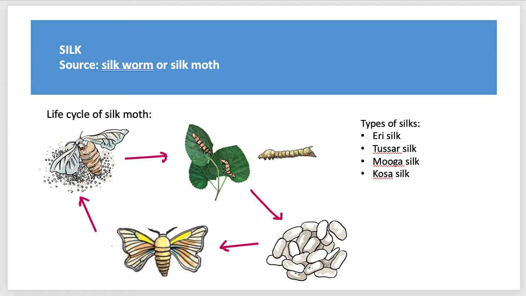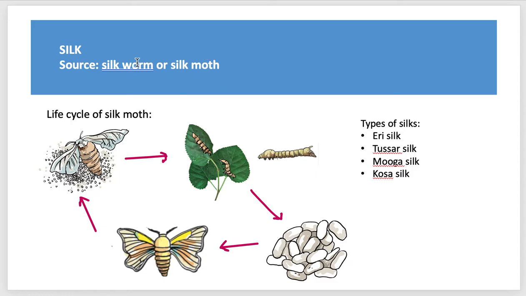What is silk? Silk is another type of fabric. If you have actually seen your mom wearing saris, which you of course have, then certain saris that your mom or grandmom or your relatives might wear might be made of silk. You must have heard them speaking about Kanchipuram silk, Madurai silk, this silk, that silk. There are so many varieties. So that is basically silk. Silk is another fabric which we will be learning about today.